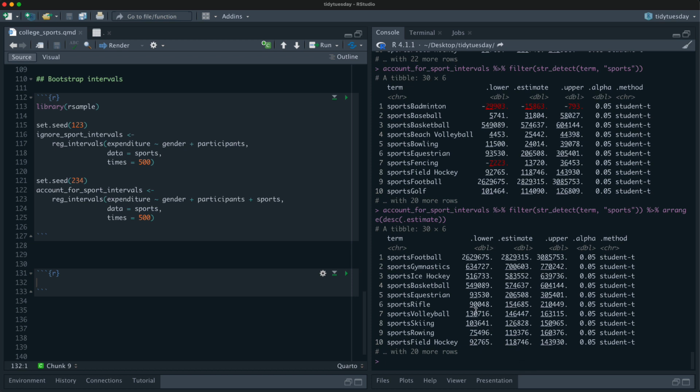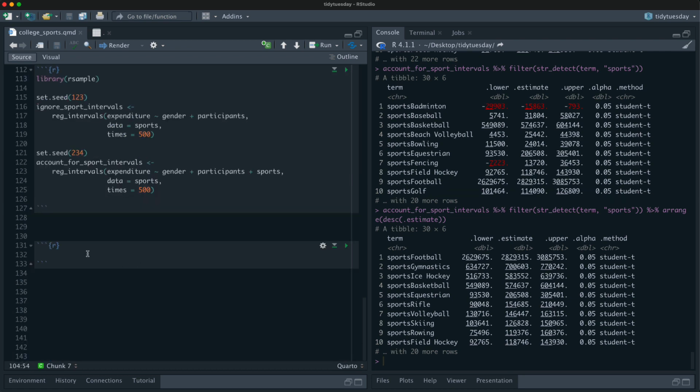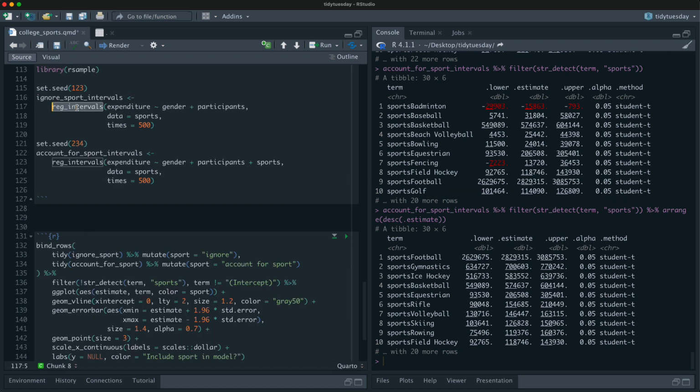Okay, so let's see if we can see differences here. Let's take this and paste it down here, and now we have the ignore sport intervals, the account for sport intervals, and we want to do that same thing.